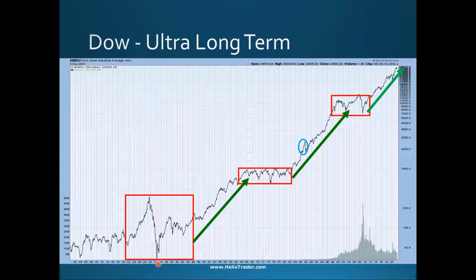We get straight into the US stock market, and as it's the last update for the year, we like to have a look at the long-term chart for the Dow, in this case going all the way back to the beginning of the previous century. If you recall, it's characterized by long sideways consolidation areas which are punctuated by rising bull trends,